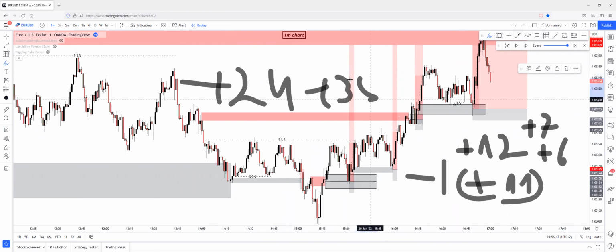plus 35 risk-reward ratio session, simply by following our plan, simply by having a narrative, having a higher time frame narrative, and playing on 5-minute zones. Simply by playing on 5-minute zones, we could achieve this kind of a risk-reward ratio. It's literally this easy. But trust me, guys, in Wednesday's session, it will be much cleaner, because in Wednesday's session